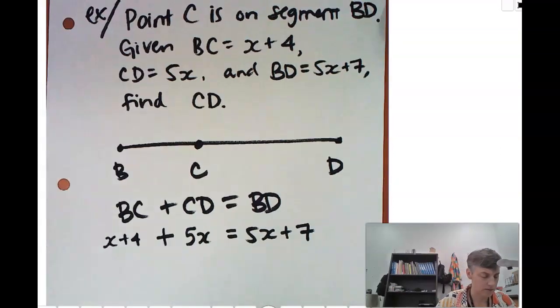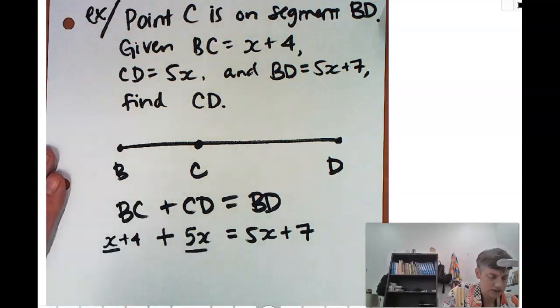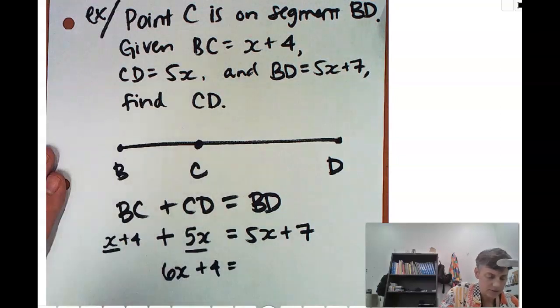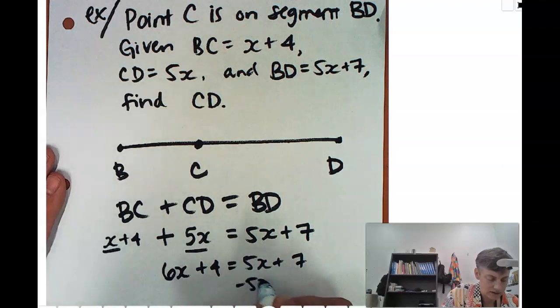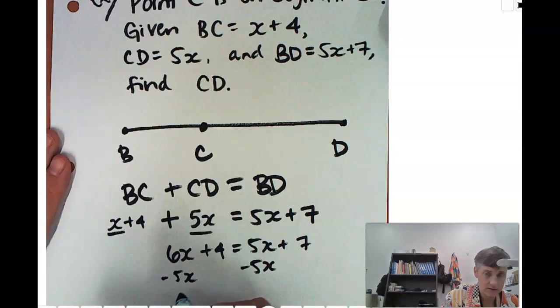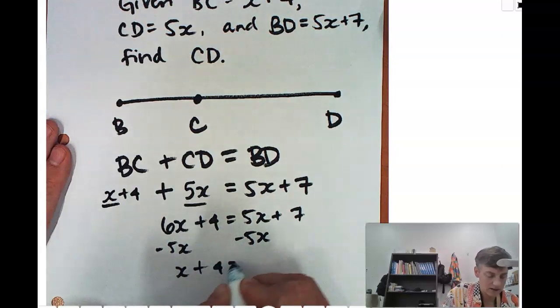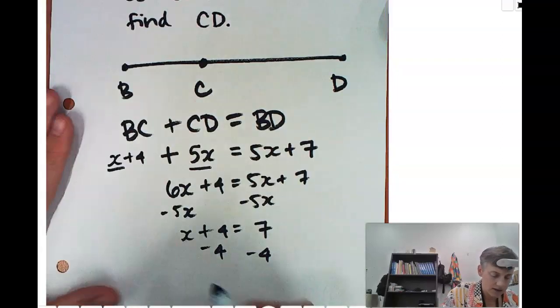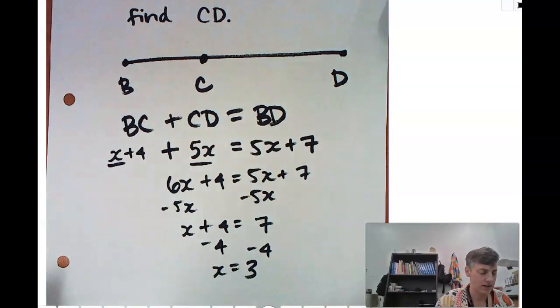So using our algebra rules, let's combine some like terms. I've got two x's there, so this is going to be 6x plus that 4 is still here, equals 5x plus 7. Let's subtract 5x on both sides, and I'll get x plus 4 equals 7, and I'll subtract 4 on both sides. So then I have x equals 3, and we said at the very beginning that CD equaled